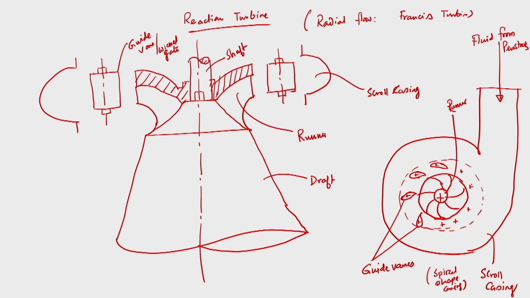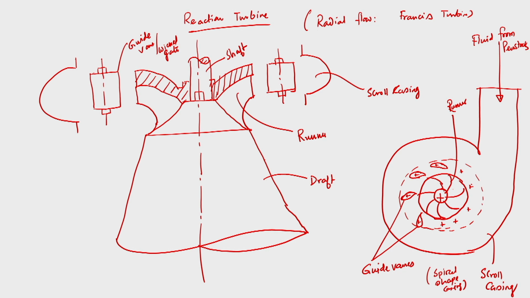Fine. Second thing, we have discussed here that the water is coming from the penstock, and as water moves through the runner, through the casing, a spiral shape casing, sometimes it is known as scroll casing. We have seen that in case of a pump, when water is coming out from the pump we have a casing, also a spiral shape casing, but the area is gradually increasing, so that the velocity head can be converted to pressure head before it goes to the discharge point, because the entire purpose in case of a pump is to develop a head.